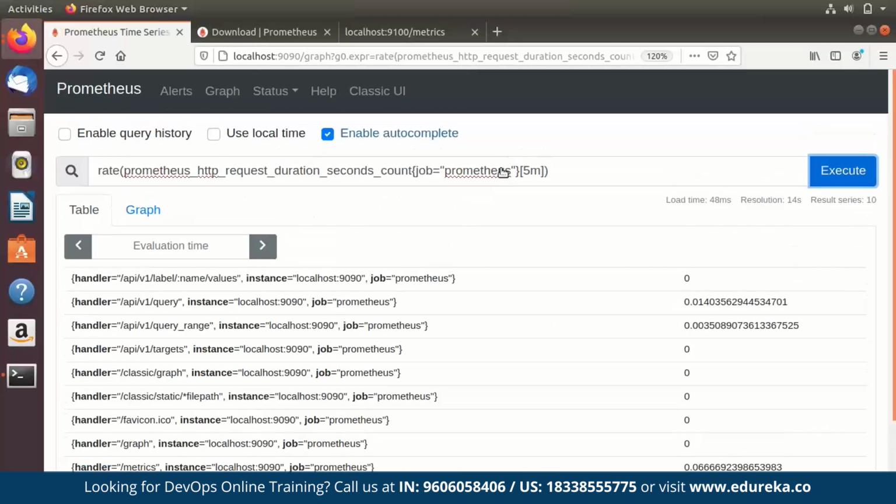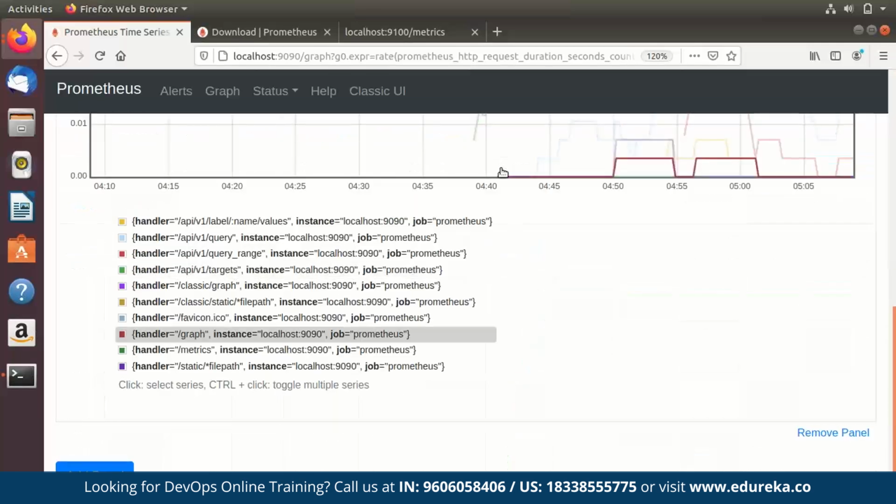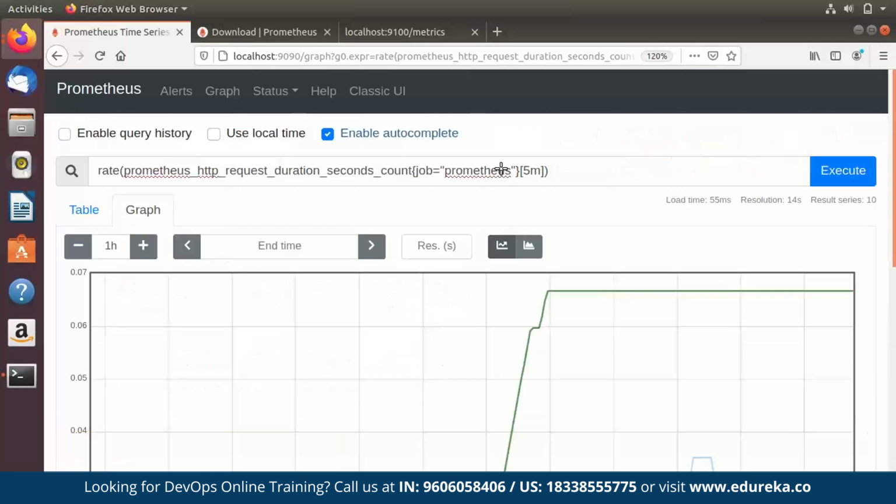You can check out the graph now. You can see the result is much more useful, right? The rate function is very smart and automatically adjusts for counter resets by assuming that any decrease in a counter value is a reset. A variant of the rate function is the irate function.